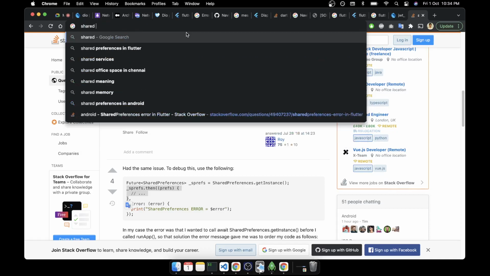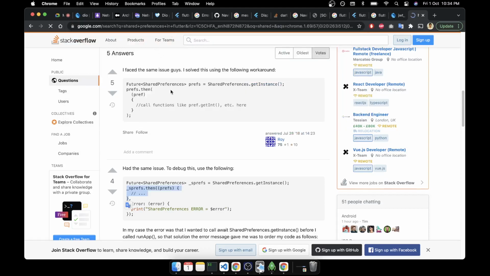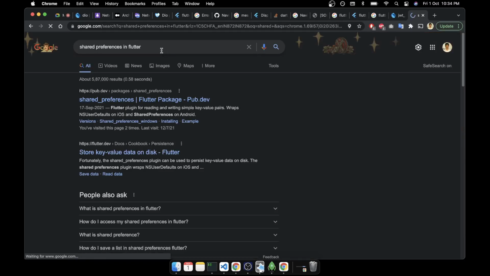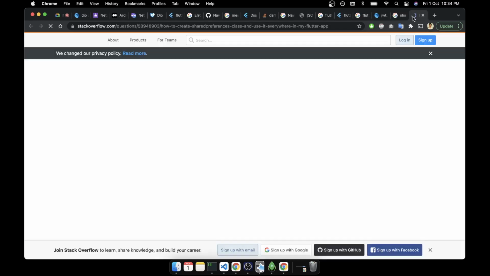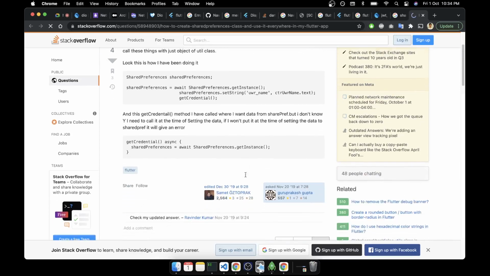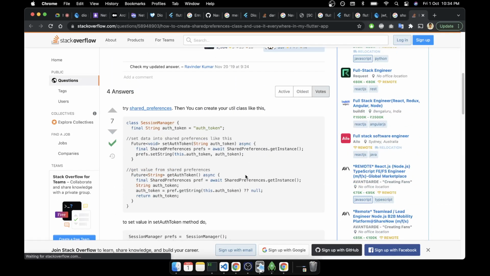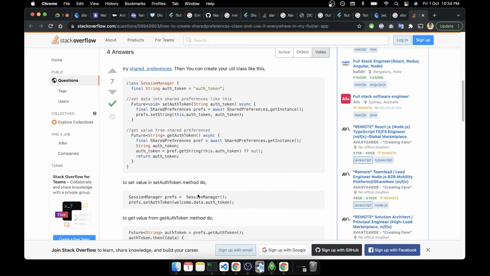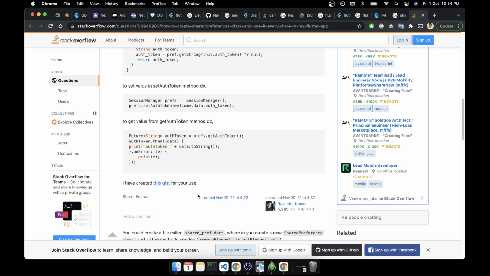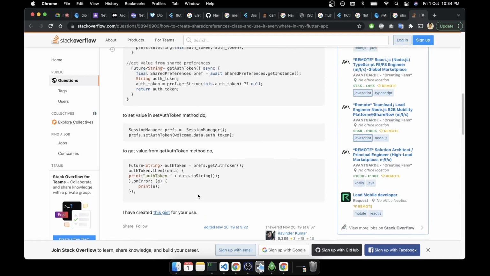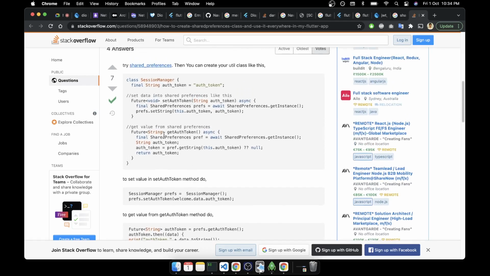SharedPreferences, so in Flutter, maybe here what they are trying to do, again they are keeping it this way.